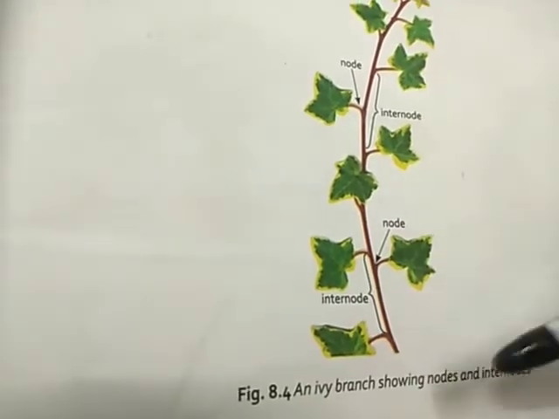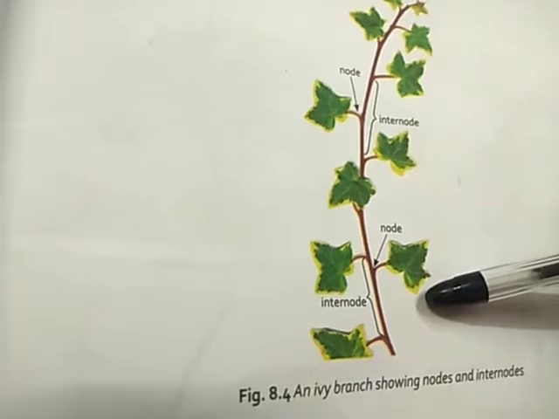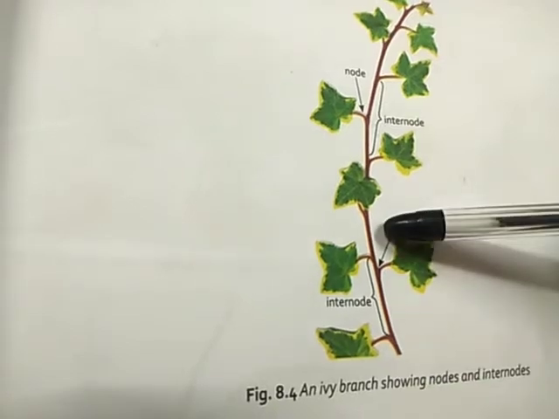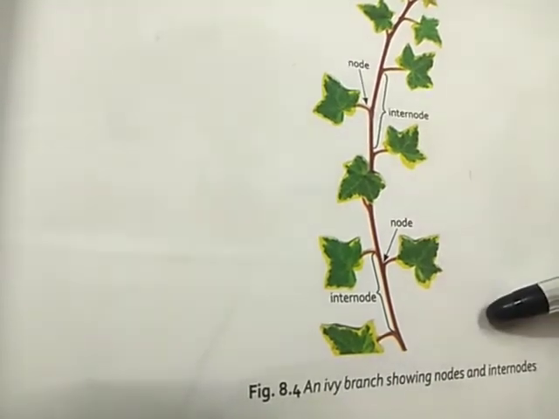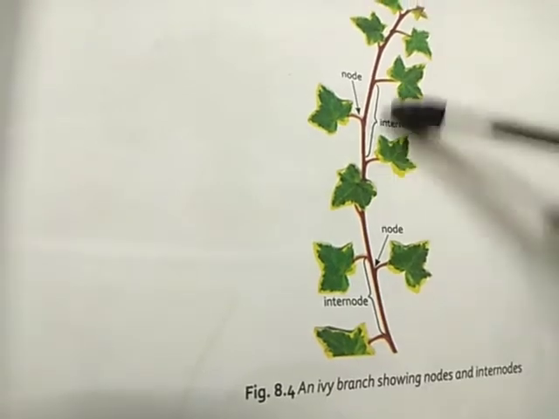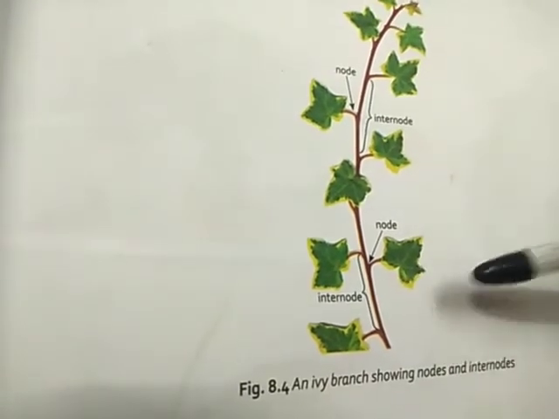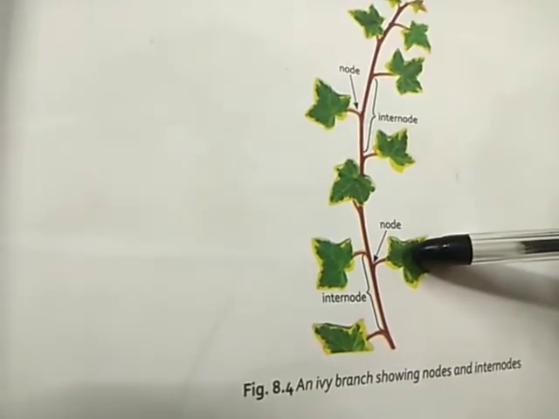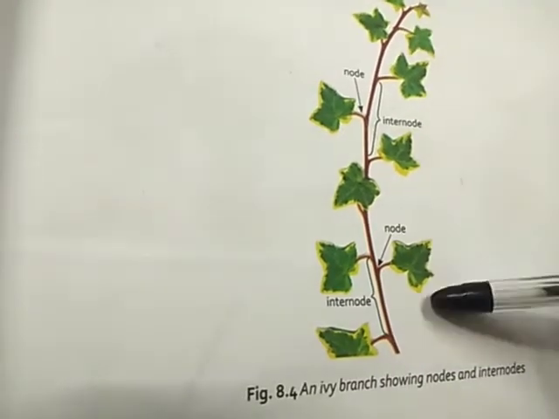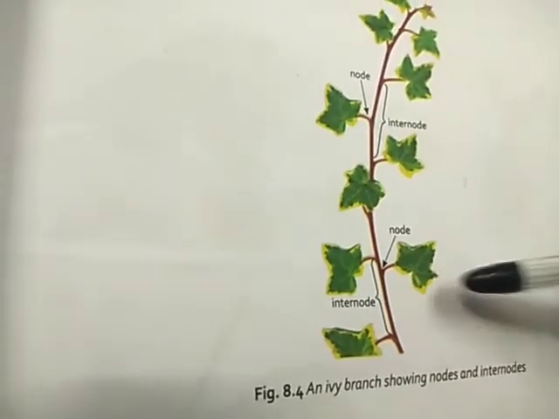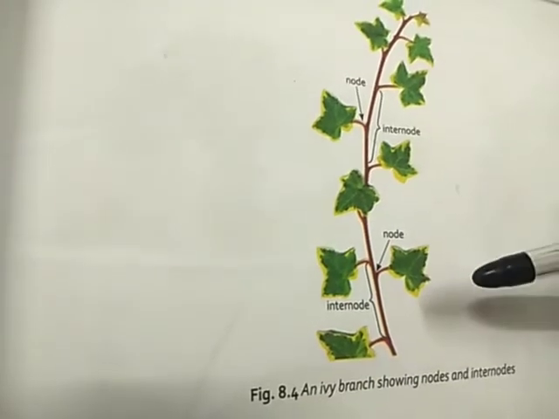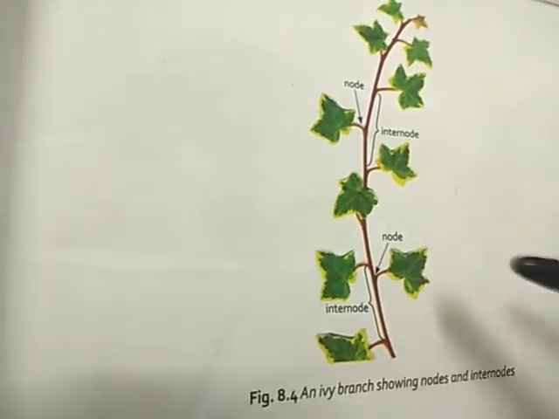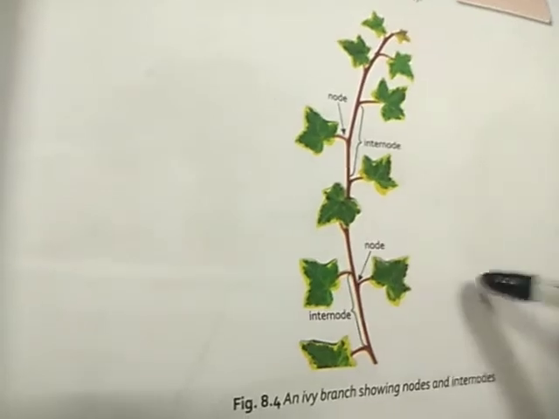Okay. What is the main function of the stem? It transports water and nutrients from the root to different parts of the plant. It also transports food from the leaves. Not only the water and nutrients from the soil, another important work it does is to take the food from the leaves and give it to the different parts of the plant. That is the function of the stem. Also, stems of some plants are modified to perform additional functions. These are the two main functions which all plant stems do.